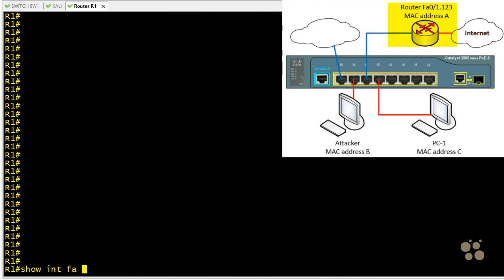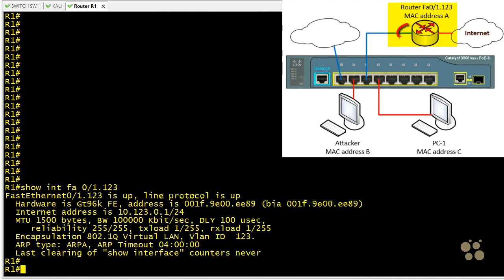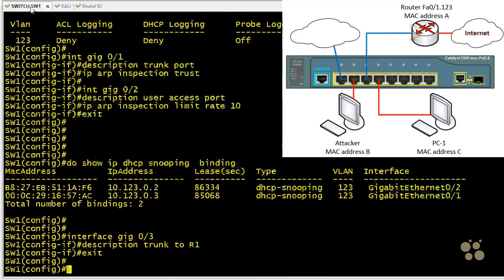Please show us, Mr. Router, interface FA0/1.123. And he says, my MAC address is this and my IP address is this. And it's those two pieces of information that we're going to put into an ARP access control list so that ARP inspection can verify the information for that router's address and MAC address regarding ARP messages that are trying to be sent in on port 0/3. So we'll make a road trip back to our switch, and at the switch we are going to create an